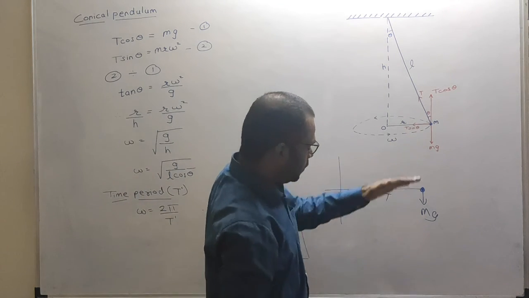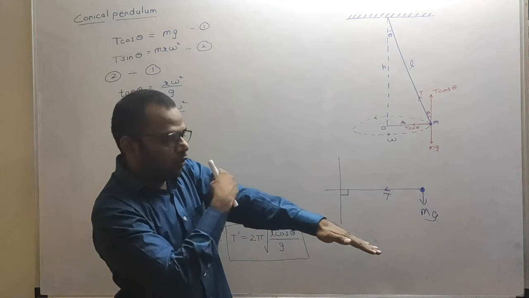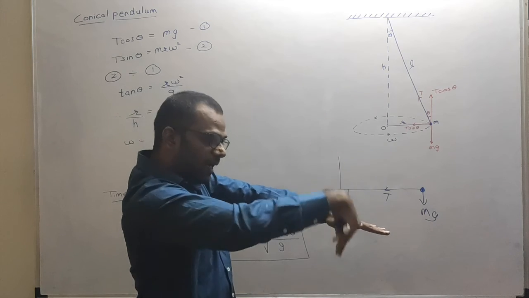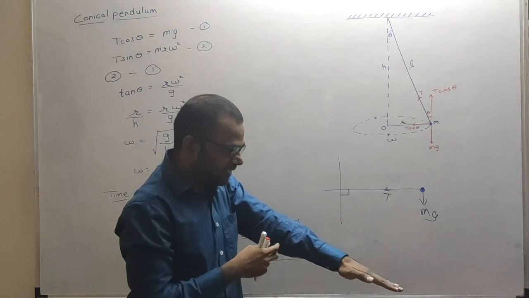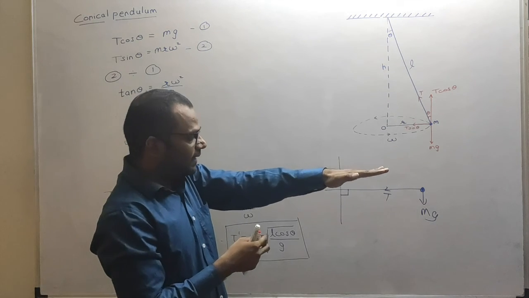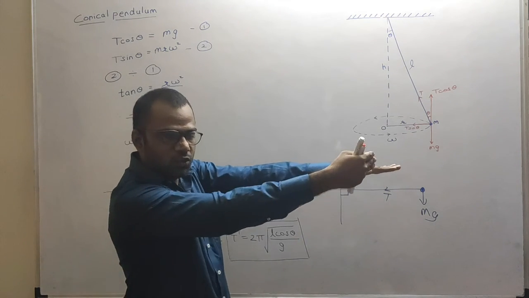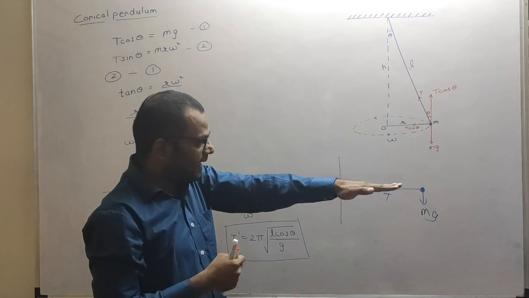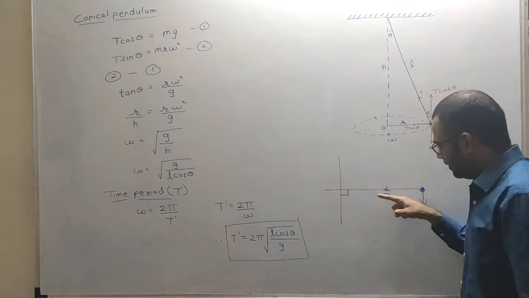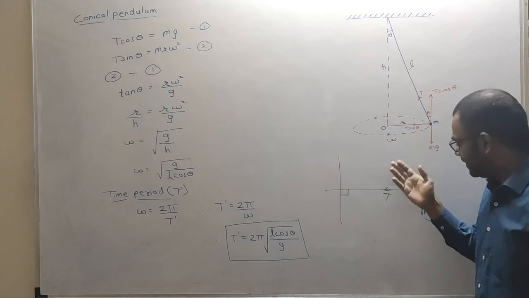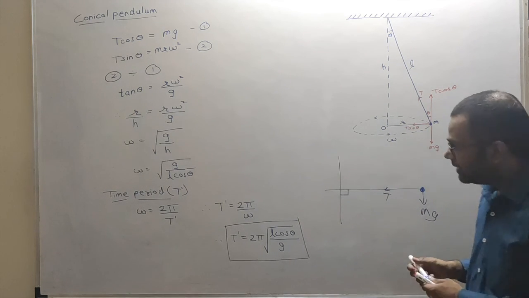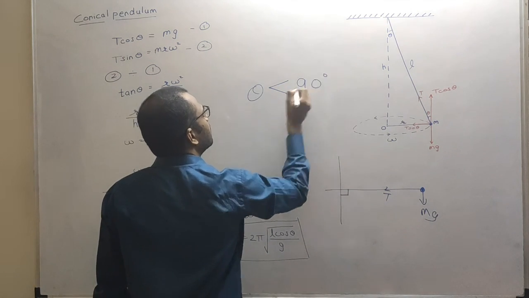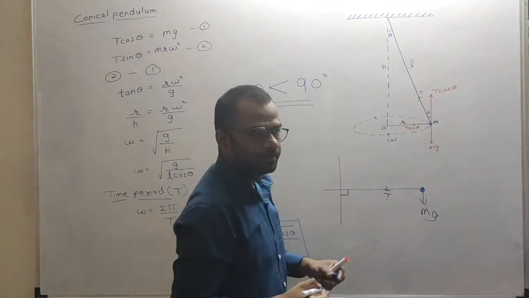Because over here, due to some angle other than 90 degree, I can always have a component of T along the vertical. That component will balance mg. But over here, the string itself is horizontal, and hence the entire force, the tension in the string, is only along the horizontal line. Getting this? And hence we cannot have any component of this tension in the vertical direction, and there is no one to balance this force mg, and hence this angle theta will always be less than 90 degree.